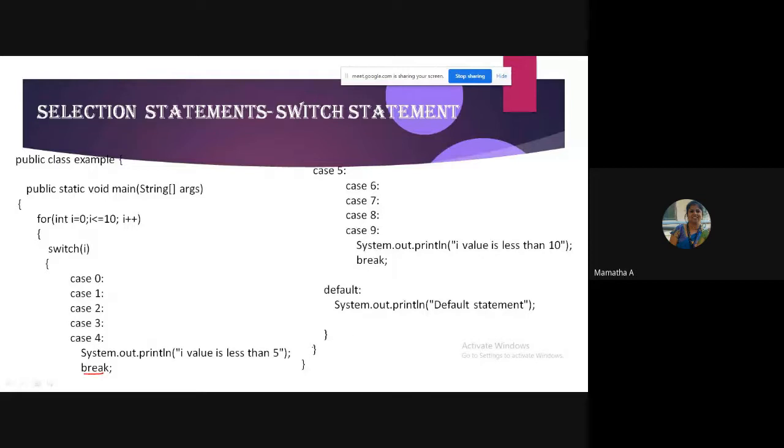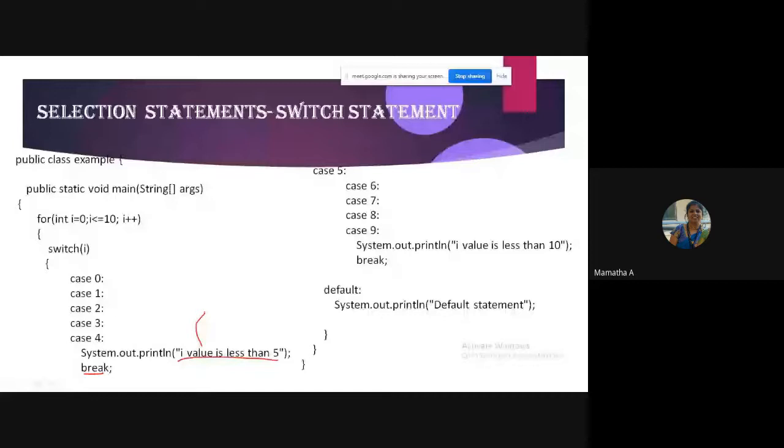Next, again, for what all values of I will we get the value less than 5? 0 to 4. So 5 times it will print this.